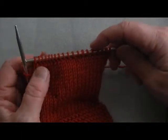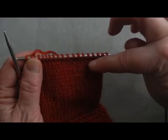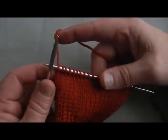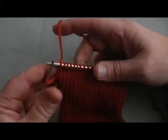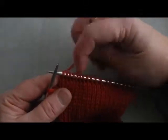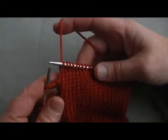Say you've finished a row or gotten almost to the end and you happen to look back and you see that you have a mistake back at the beginning of the row and you want to rip back to it. New knitters often find this traumatizing and worrisome, because they don't want to drop stitches or make a mistake with the stitches. So I want to show you just a really simple way of ripping back a row stitch